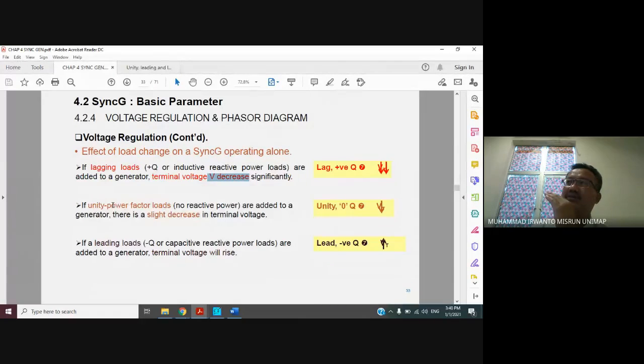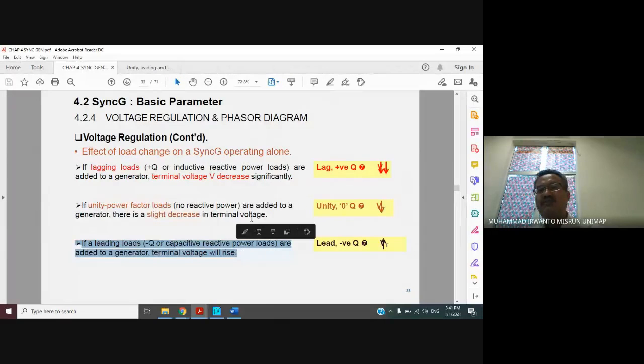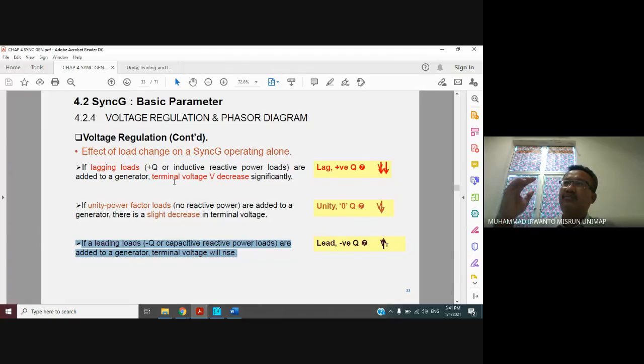And then for the resistive load, meaning if we add the resistive load, the terminal voltage will also decrease. Now, if the load is leading with the power factor, meaning the type of the load is more capacitive, if we add it, the terminal voltage will increase. Yes, it will rise. This is the condition of the synchronous generator for the various types of load: resistive, inductive,